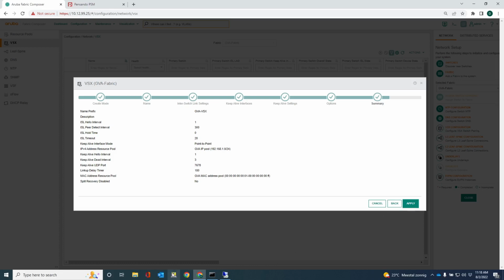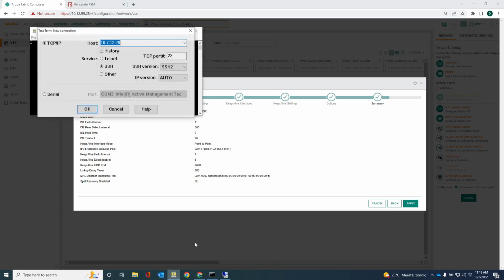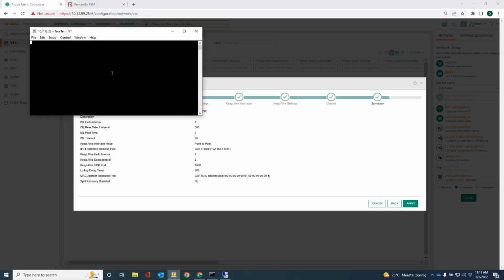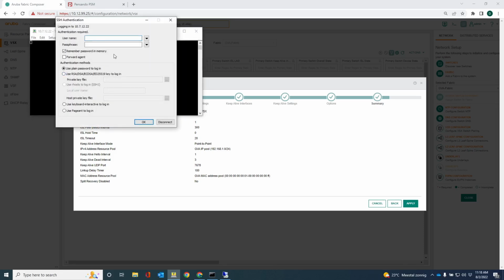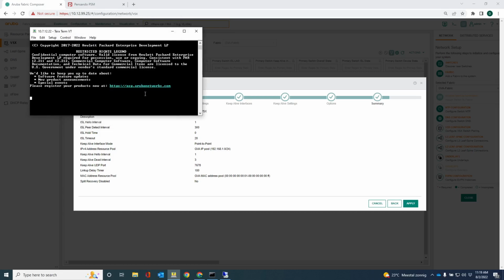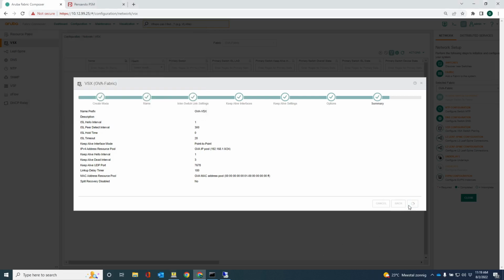Now before I do that, normally we don't do this obviously, because with AFC you're not touching any CLI anymore. But let me just go to one of the switches and show you the VSX configuration. And so you can see that VSX is not configured. Now let me apply the configuration